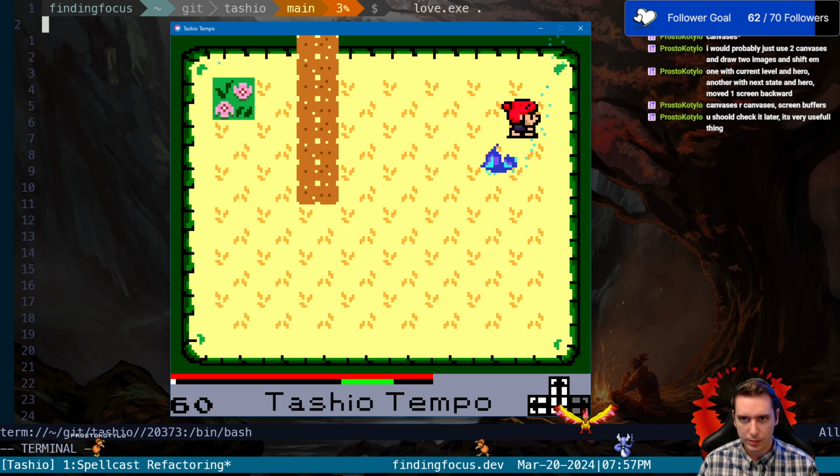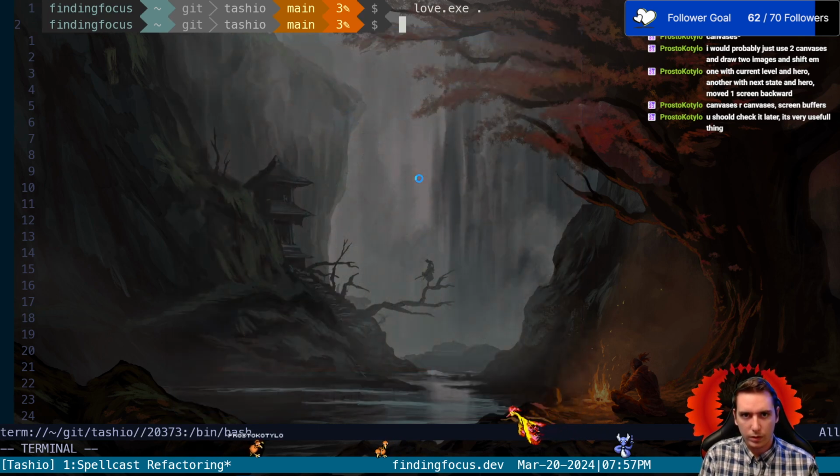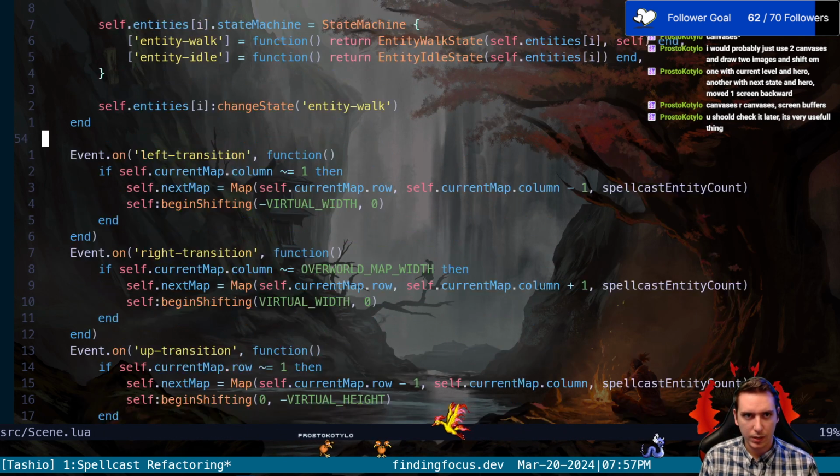Like if we walk down, we need to, gosh, I don't know. So the location of the flame becomes